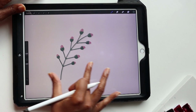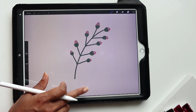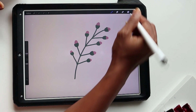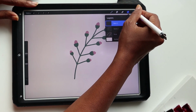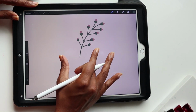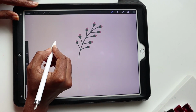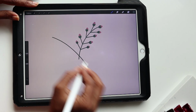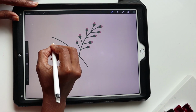So I'm going to go ahead and make another stem over here and have it kind of coming this way. And so just making sure that we're not on the same layer. Yeah, I'll have the same green. And I'm just going to go ahead and create this stem over here. One swoop, and there we have a stem. And for this, we're going to do